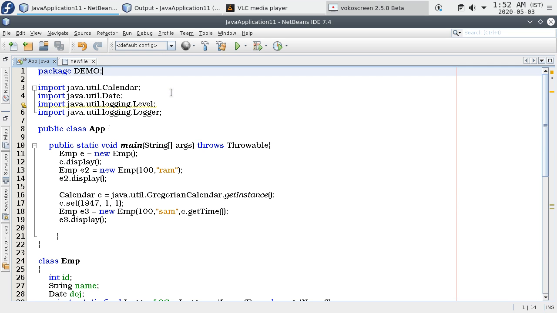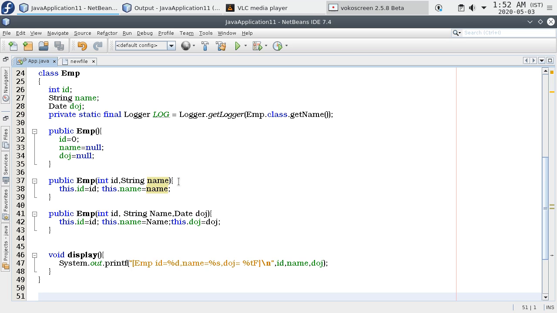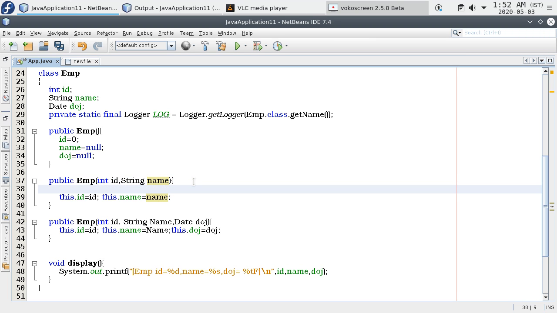So now let's take this one. We are creating the second object. Here we are not giving any value to the date of joining, the third value. In this case, we have only two parameters. What is the main use of a constructor?